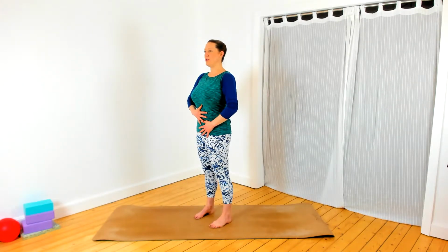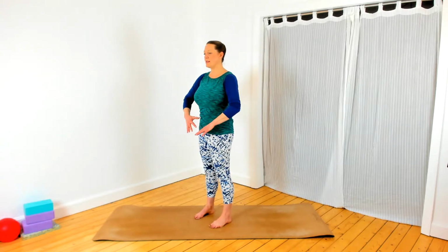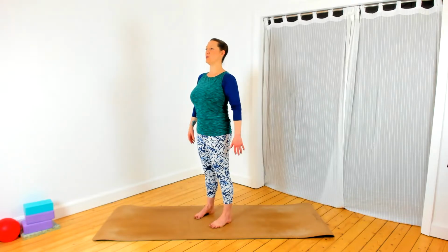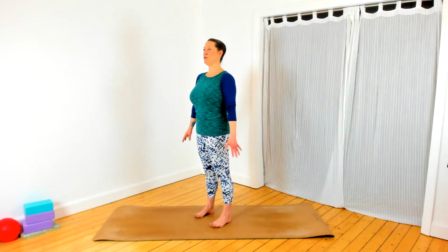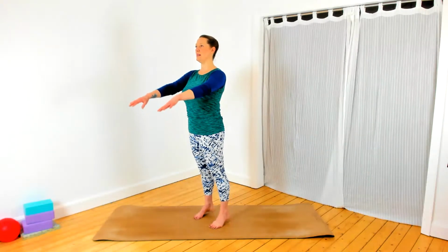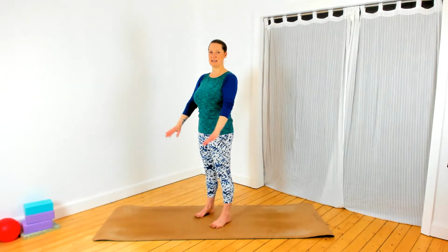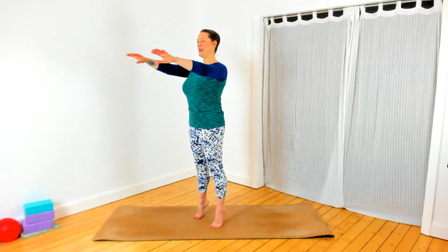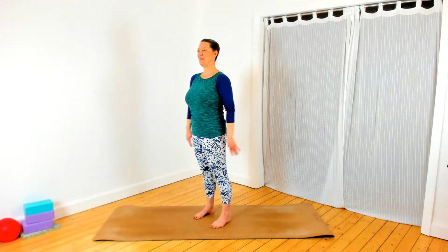Again, switching on those belly muscles, maybe even lifting in the pelvic floor and allowing that sensation of drawing inwards and upwards to allow you to stand tall. Use a point of focus ahead of you that's not moving, and we're simply going to raise the arms to about chest height as we lift the heels away from the floor, floating onto the tiptoes or the balls of the feet, and then gently releasing down. So a gentle lift and lower. Gentle lift